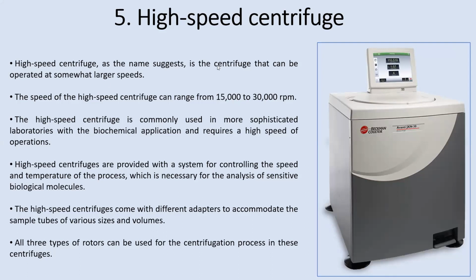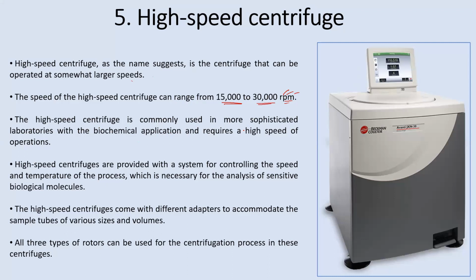And as the name suggests, this is a centrifuge that can be operated at a larger speed. Mostly there is a separate room, a small space which is away from all the other equipment, which has been given to this centrifuge, because now the speed can go up from 15,000 to 30,000 rotations per minute. The high-speed centrifuge is commonly used in more sophisticated laboratories with biochemical applications and requires a high speed of operations. Again, it depends on how much money